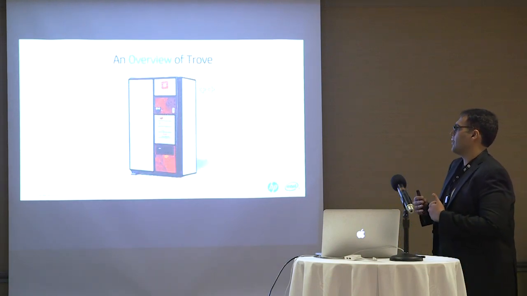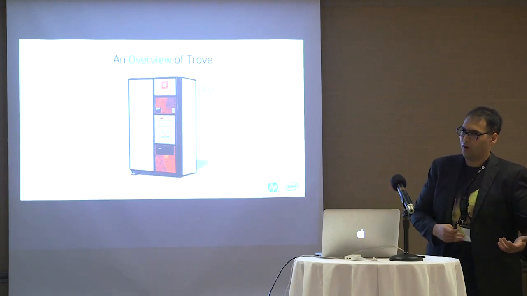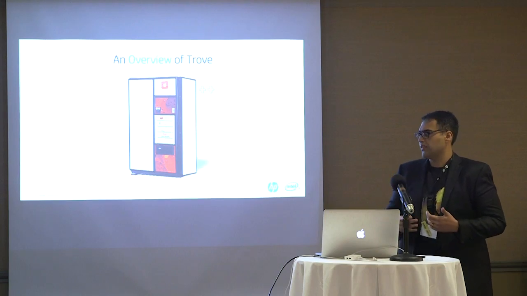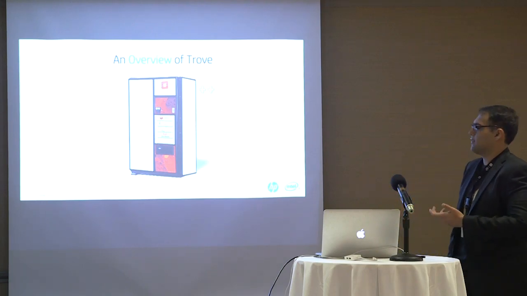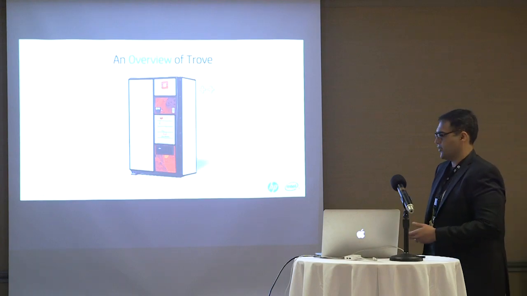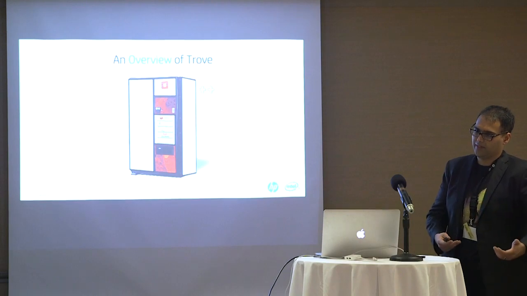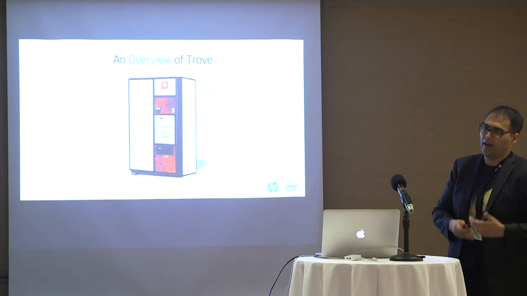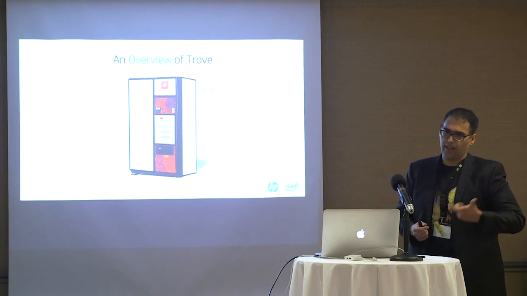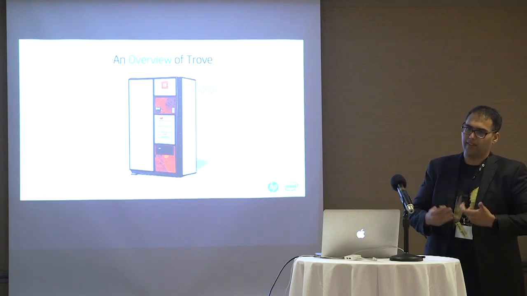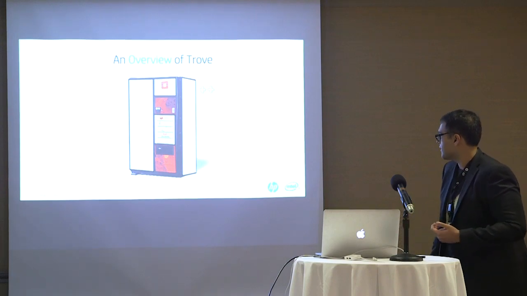This is just an example, an analogy between Trove and a vending machine. You walk up to the Trove API and say, hey, I want a can of Redis, or I want a Redis instance. And Trove gives you an instance that's spun up that has Redis on it. It's tuned, and then you basically have a connection string and IP to your Redis instance, and your application can then connect directly to that Redis instance and do what it needs to.